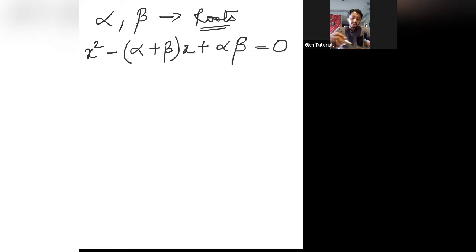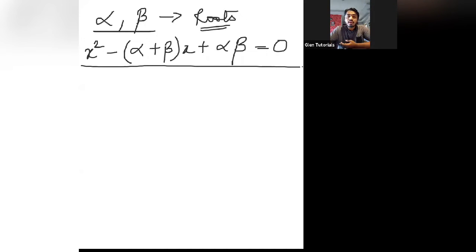So let us assume that I have written on the whiteboard, let the roots of the equation be alpha and beta. The meaning of this cross is alpha and the other one is beta. So let the roots of the equation be alpha and beta. Suppose the roots are alpha and beta, then this alpha beta value is given to us. They will give you alpha as 2, beta as 3, whatever. They'll give you a fraction, a positive number, a negative number. You have to substitute in this general form.